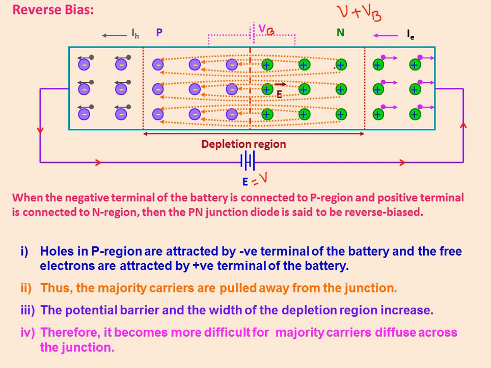In reverse bias, diffusion of electrons from N side to P side and holes from P side to N side is more difficult, and the diode will not allow electric current through it. Could you tell me the reason why? Because these electrons, instead of diffusing, have been attracted, they have been drifted towards this, isn't it? Now do you understand why I am using the word drifted? While earlier it was diffusing, now they have been drifted. Are you getting the point here?